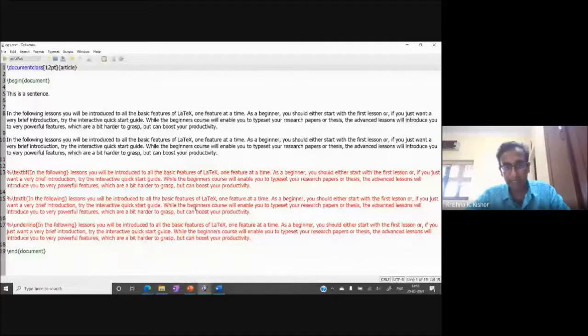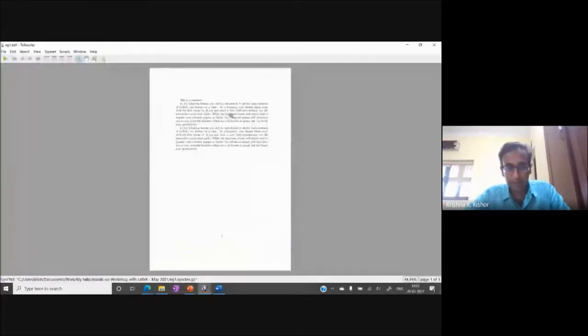Then I recompile it and that's it. I get back the single column format. Now again, you see over here, the default, if you do nothing, the page number comes automatically. Here it is written page number 1, at the center of the page at the bottom. You can control this as well. I'll show you an example later on how you can control some of these features. The default is there's so much margin on top, so much margin at the bottom, and so on, and typically this might seem like a lot more than is necessary, so you can control it accordingly.